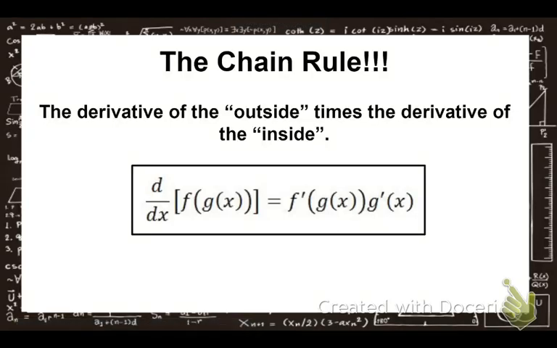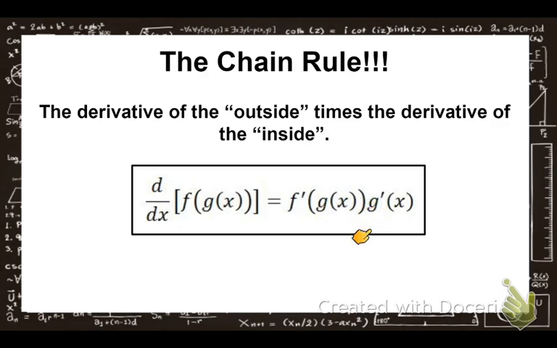In our next unit, we talked about more derivative rules, and we kind of finished all of them out. So in our first lesson, we talked about the chain rule. Whenever you have a composition, which is a function inside of another function, like we have here, f of g of x, to take the chain rule, we take the derivative of the outside function, f prime, of the inside function, so we keep that inside function the same, and then multiply it by the derivative of the inside function,